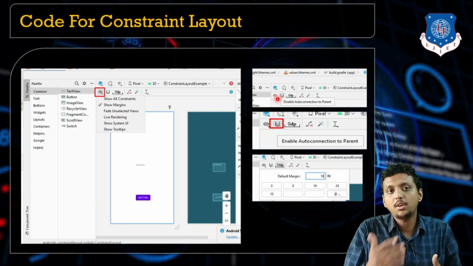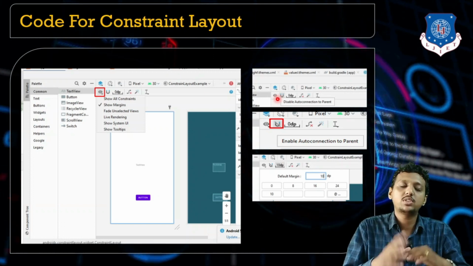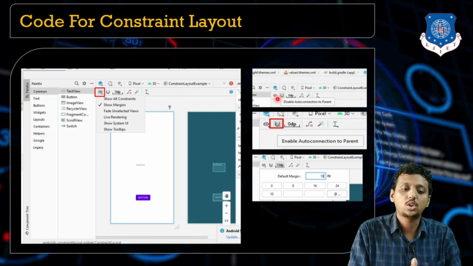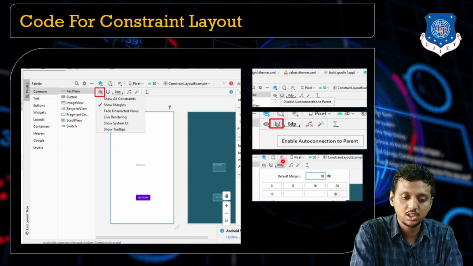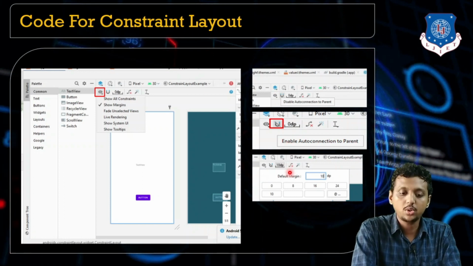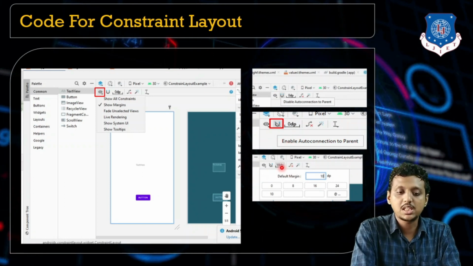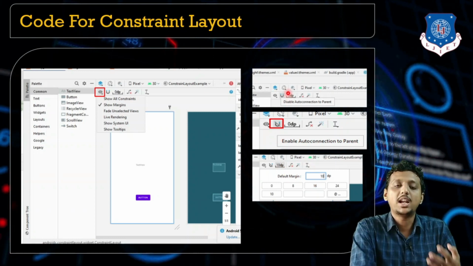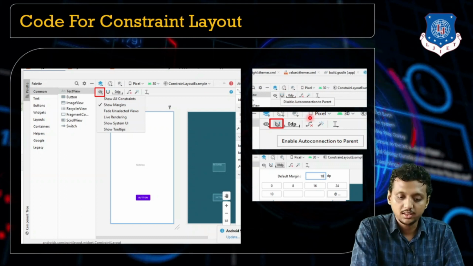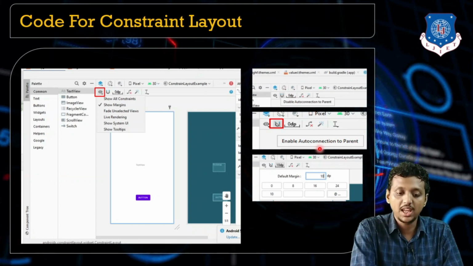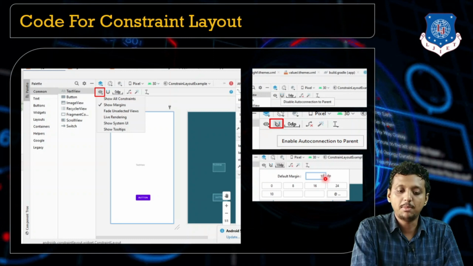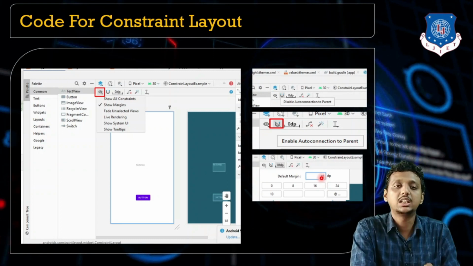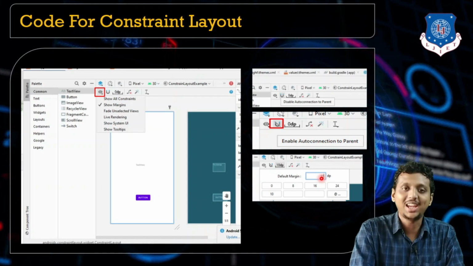So to connect a view component to the parent or to set the constraint of the view component, you just need to set the constraint by yourself. Okay, you can just enable or disable this feature in the constraint layout. Then students, you may have found this DP. See, by default it's a 0 DP. 0 DP shows the margin from the top, left, bottom and right. So here, students, I'm just setting the default margin to 10 for each and every view component under the constraint layout. Fine. Next,